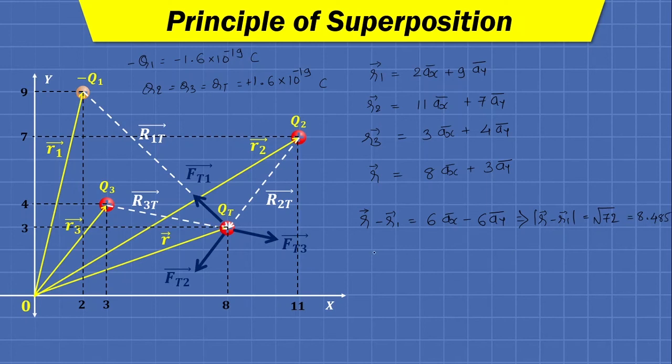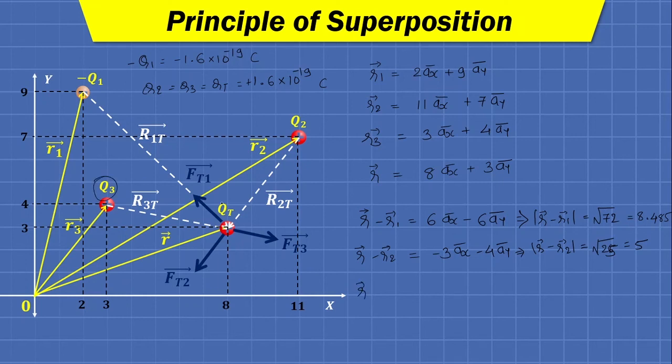8.485. Okay, to find the second force, we are going to need the distance vector between q2 and qt, which is nothing but r bar minus r2 bar. So this will be minus 3ax bar minus 4ay bar, and the modulus of this subtraction, or say distance vector, will be the distance between q2 and qt. Fine. So 3 squared is 9, 4 squared is 16, adding 9 plus 16 will be 25, and the square root of 25 will be 5.